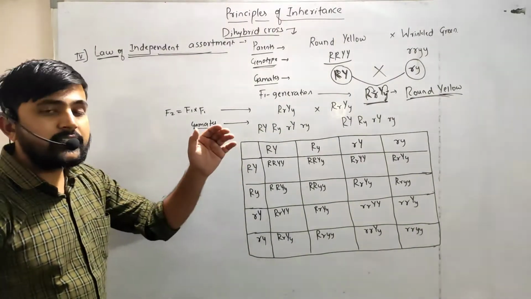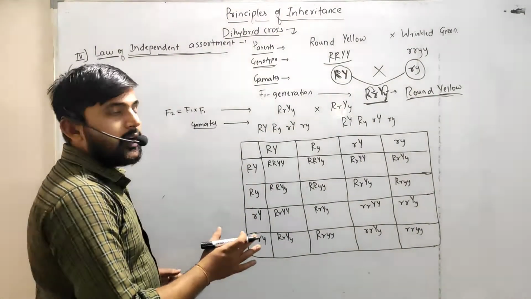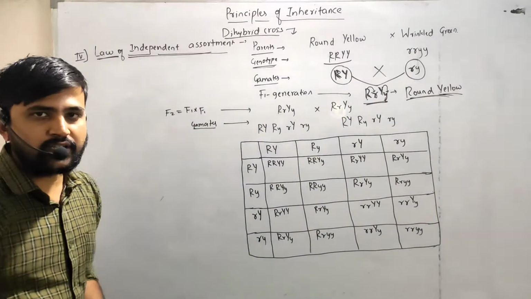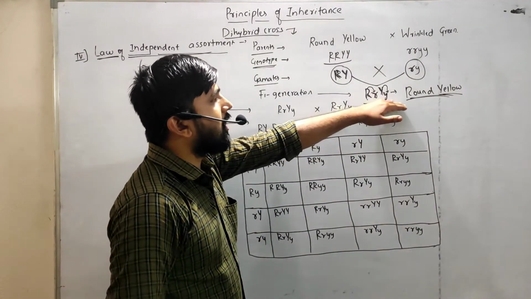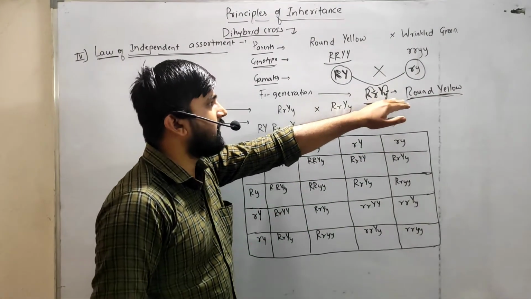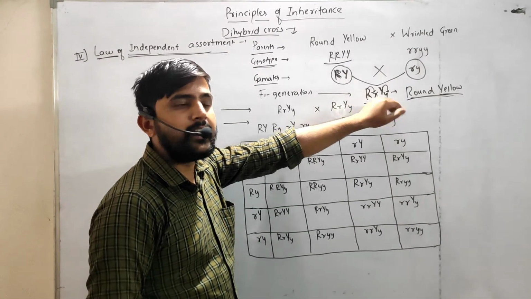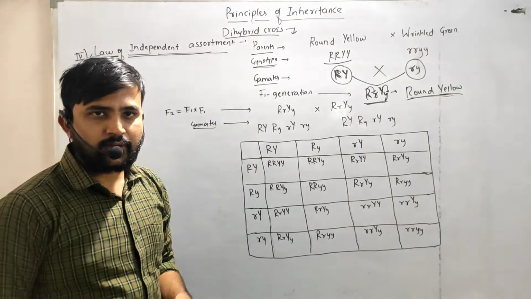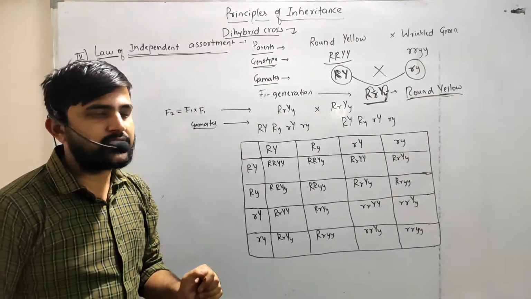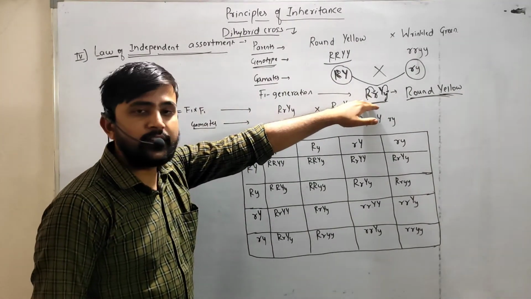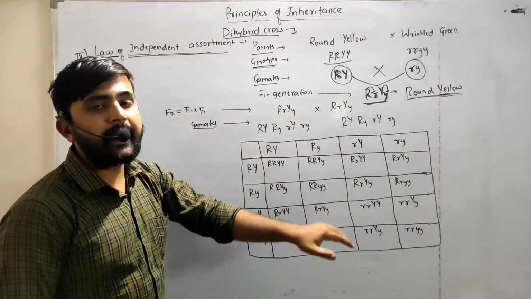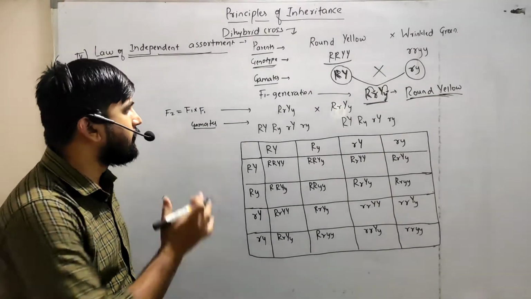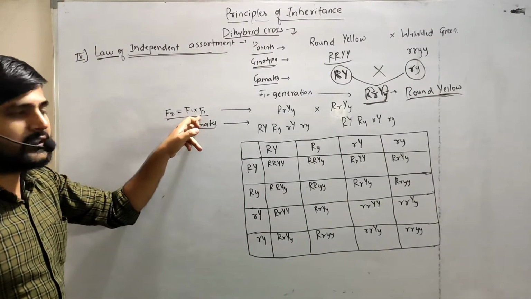In case of the F2 generation, when you made a cross between an F1 generation and another F1 generation, that will lead to the F2 generation. Here we can't find any recombinations in the earlier case, because the parents are in homozygous condition. That's why we can't find any new recombinations. When you made a cross between F1 and F1, at that time you will find the different combinations. This is the F2 generation, that is F1 crossed with F1.